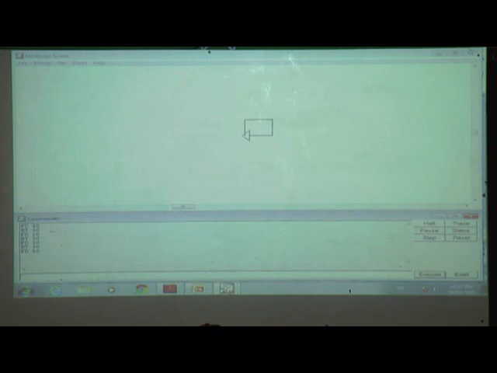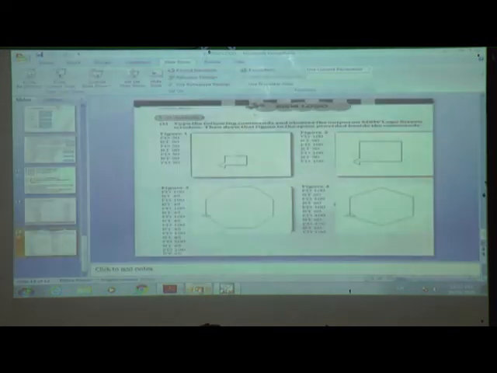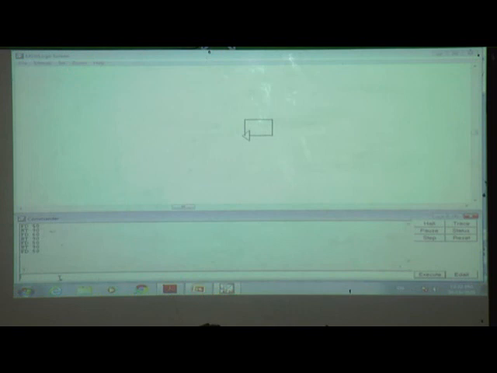Then this square we can draw here, like that. Here the downside HT is not here. That's why we can see the figure like that. If we write HT, hide turtle, then we cannot see this turtle. This is the first figure. What is the output for the first figure? Small square. Now we will write the second one.